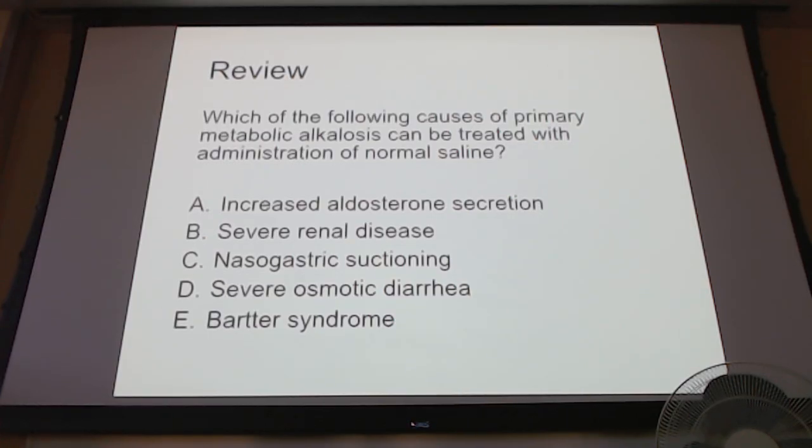In which one of these conditions are you losing sodium and chloride? Hyperaldosteronism. Probably. C. So